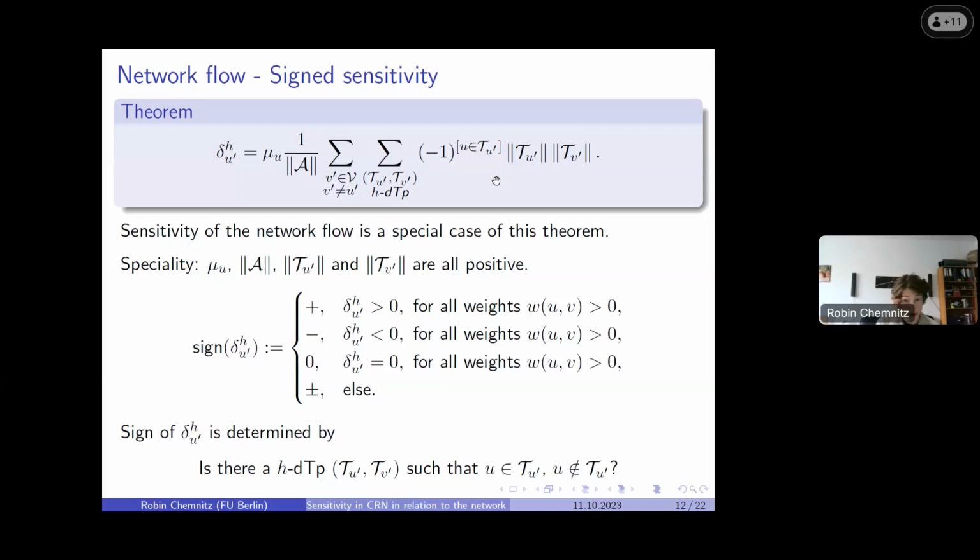Robin, there's a typo, right? U belongs to TU prime. U doesn't belong to TU prime in the end of the question. Yeah, maybe it's written a bit